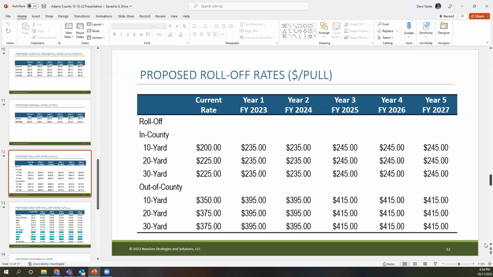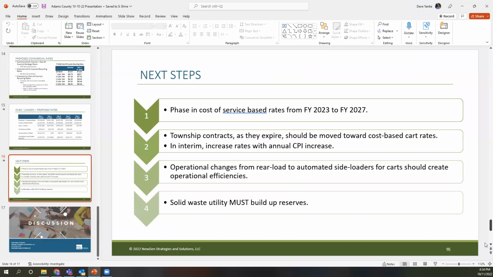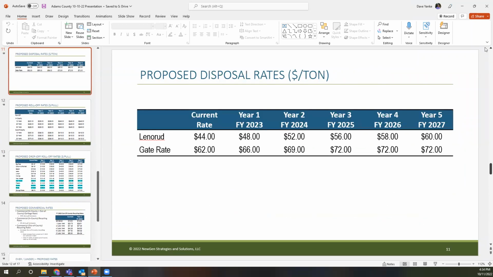What about the Leonard contract? Should we continue with that? You said it was 40% of our current revenues. If we got rid of that, I always worry that we're going to fill up our landfill too fast. But that's essential to going to the black, correct? Yeah,